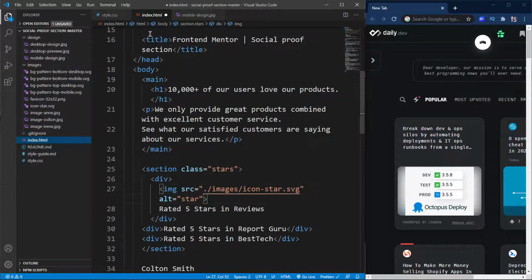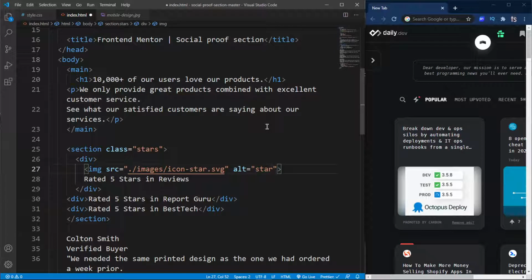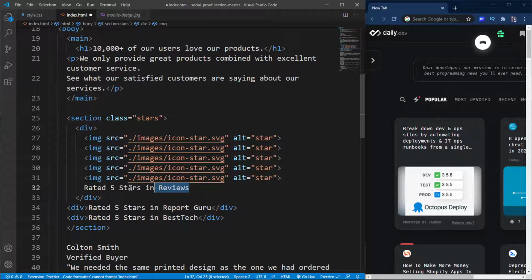How many are they in my design? Sorry, 5, each of them 5. So what I can say is copy this and just paste it 4 more times, so 1 2 3 4. So this is 5 stars, and then place this inside a paragraph